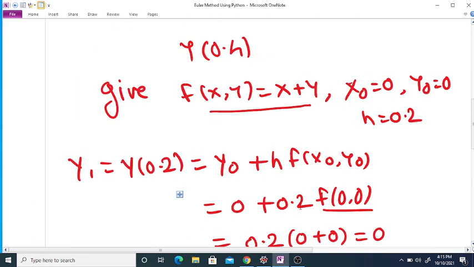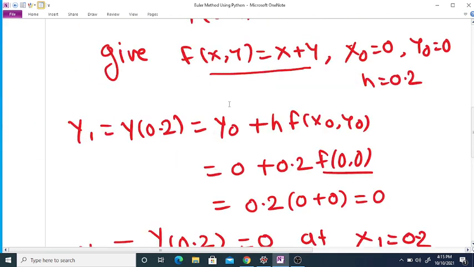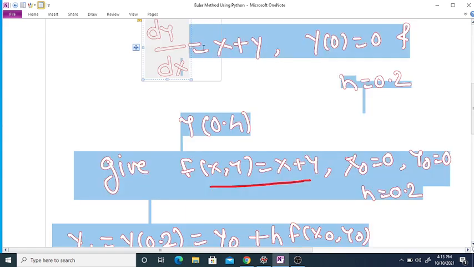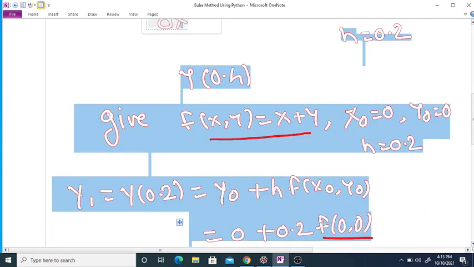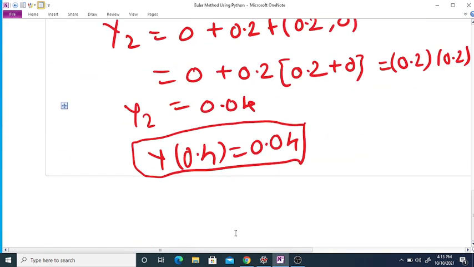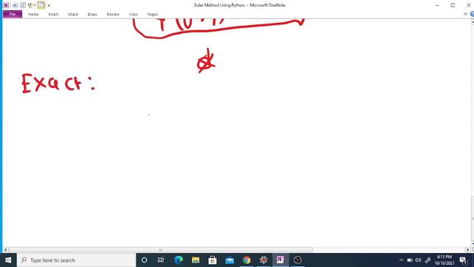Now we can solve this differential equation directly to obtain the exact solution. The given differential equation is dy by dx is equal to x plus y. We know that there are several methods to solve an ordinary differential equation, that is variable separable, reducible to variable separable, homogeneous differential equation. So what is the exact solution of the given differential equation dy by dx is equal to